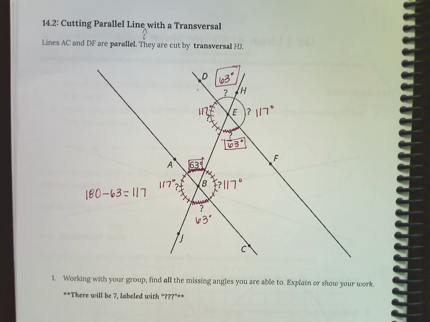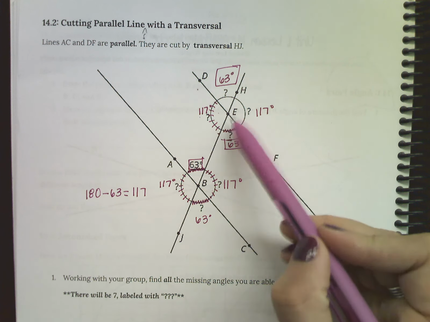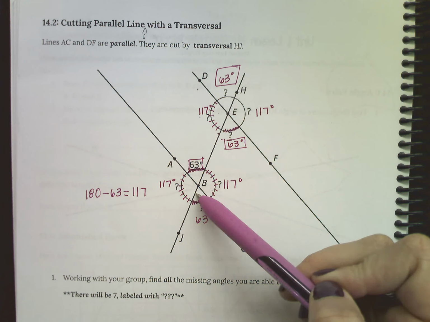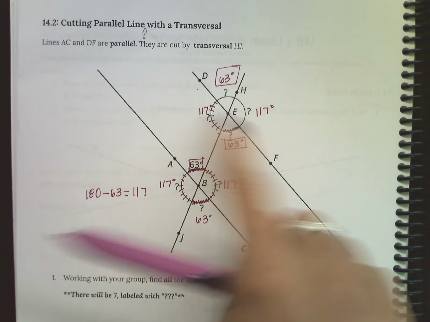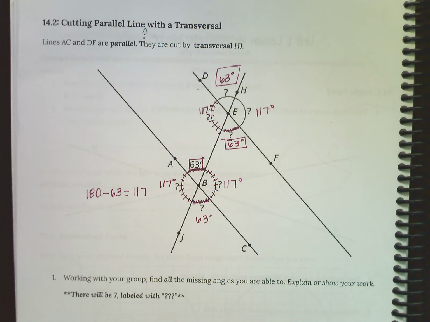The question down at the bottom asked, what do you notice about the angles with vertex B and vertex E? Here's vertex E, here's vertex B. Their angle measurements are the exact same. And that again is because we have parallel lines cut by a transversal, which create alternate interior angles, and we also have vertical angles showing the opposite. So I hope this helps. If you have any questions, let me